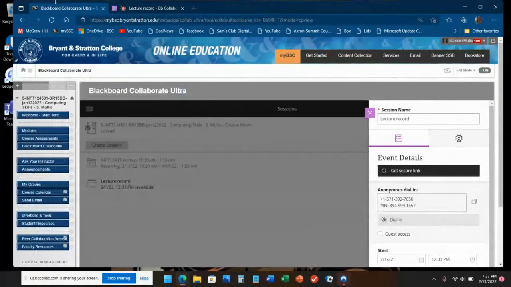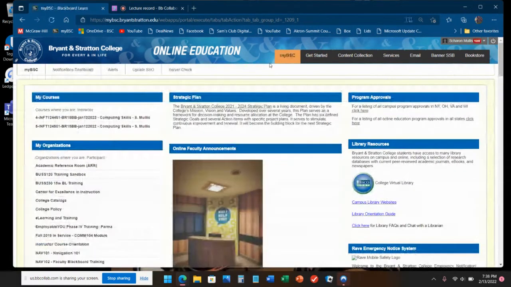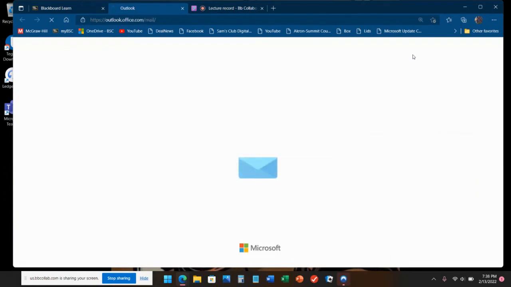I want to talk about a couple of different ways that you can get to Outlook. The first way is probably the way that you're going to be using throughout the semester and throughout your career at Bryant Stratton, and that's going through Blackboard. When you log into Blackboard using your B account and your password, it'll take you to the main screen. Now, you don't have to go into any of your courses directly. All you have to do is go up to the top of the screen and select email, and that'll take